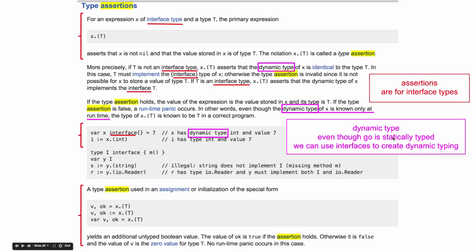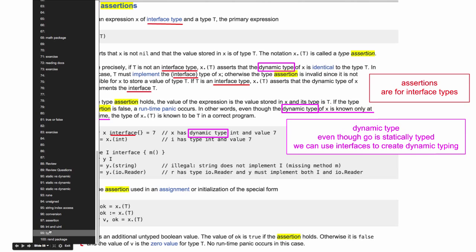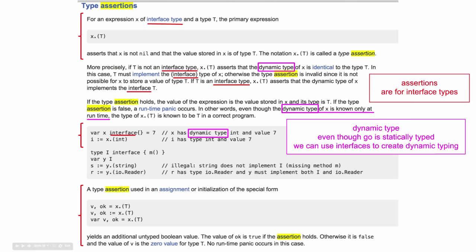So dynamic type, even though Go is statically typed, we can use interfaces to create dynamic typing. So just notice dynamic in here. This ok format is actually used in networking a little bit. A lot of the networking errors that they return have a type of network error, and some do not though. So you use that ok form to see if there's a network error, which has extra methods on it, which are useful for figuring out if it's a temporary error or something that you could probably carry on from. Where if the ok is false, that means it's probably a system error, you're definitely going to want to shut down for that.